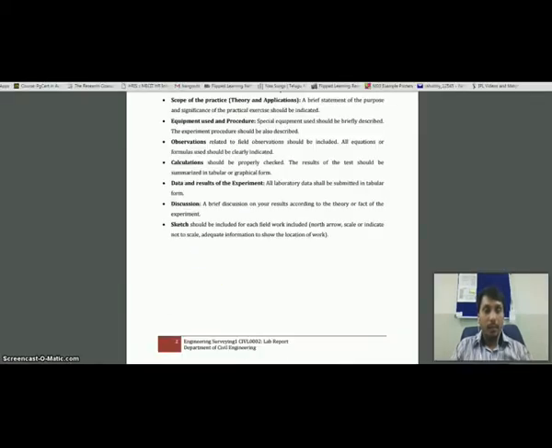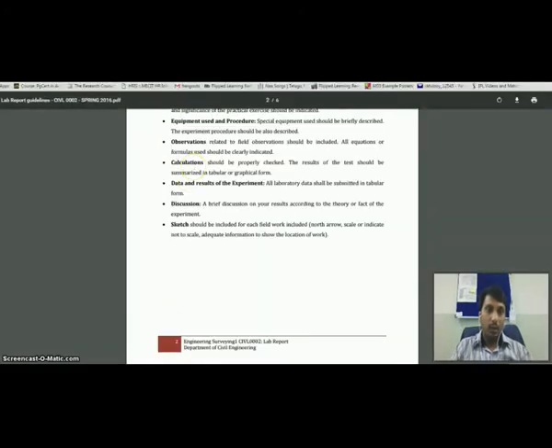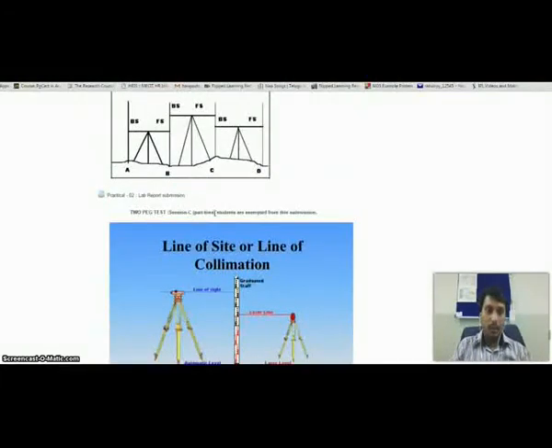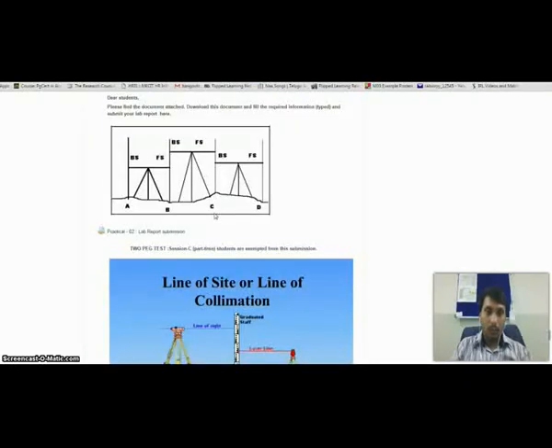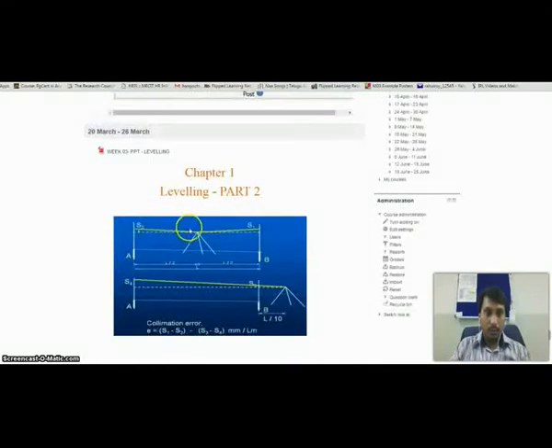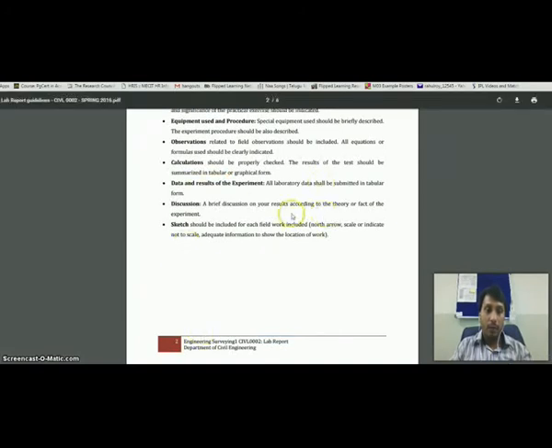So after that, experiment 2, you have a 2-peg test. So you can draw the sketch for the 2-peg test, how it is like. So you just draw instrument A, B, readings S1, S2, and draw another instrument in the middle, with distance L by 10 between A and B. So you can draw a sketch like this. Now coming to experiment 3, I have already shown a graph to you using distances and RL. So you can draw like this.